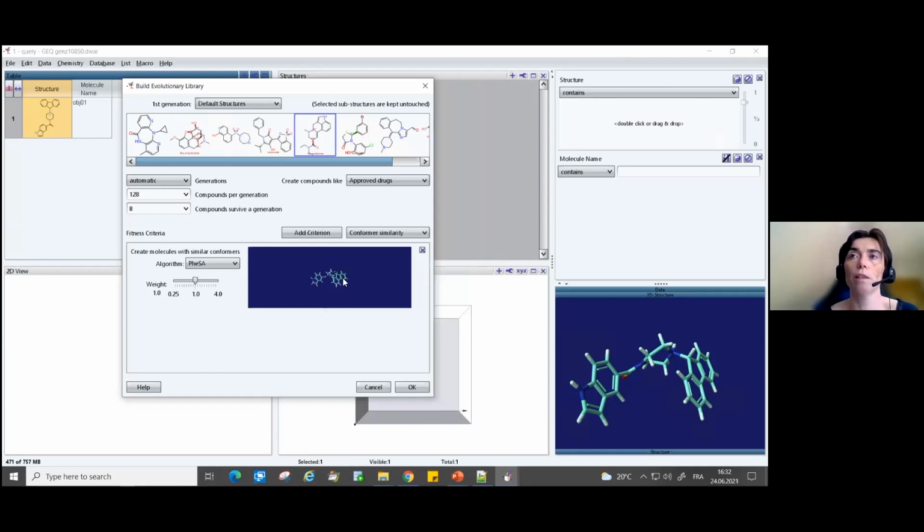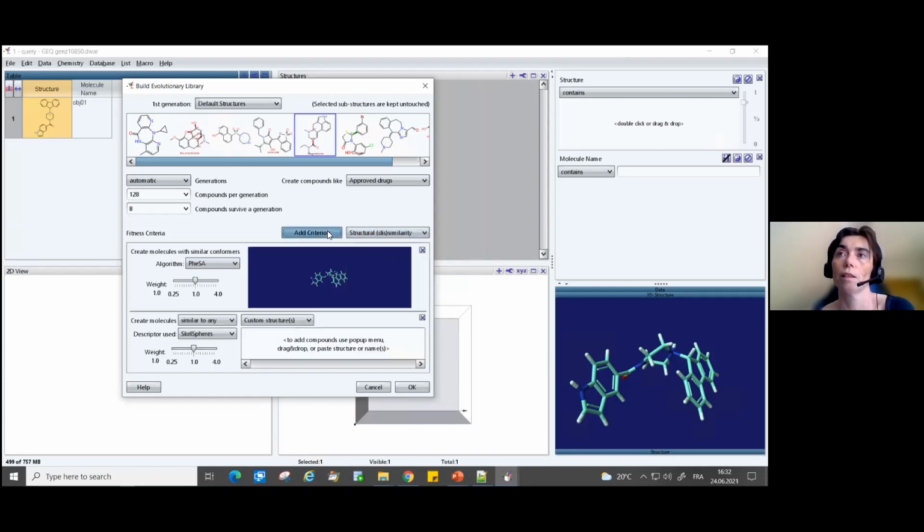Since we have copied that just before as a 3D molecule, we can use the paste functionality. So now we are trying to find molecules that are similar to this molecule, but just in terms of phase similarity. So just the shape is similar, and also the pharmacophore should be similar. What we can also add is we want to have actually compounds that are not similar to, I don't know